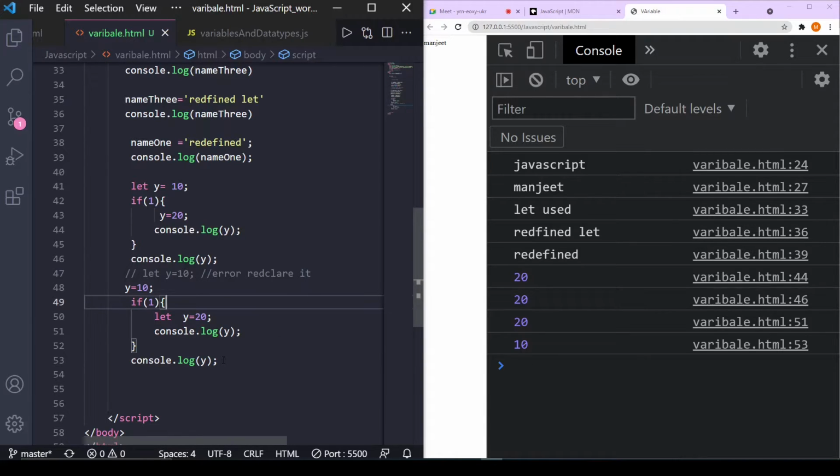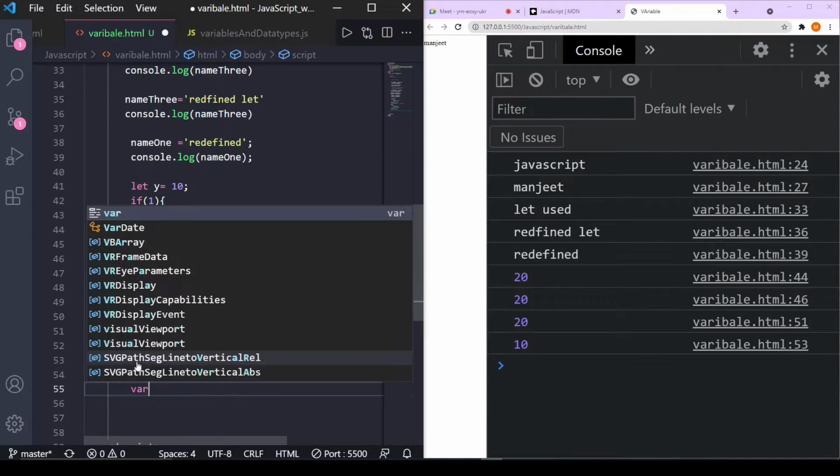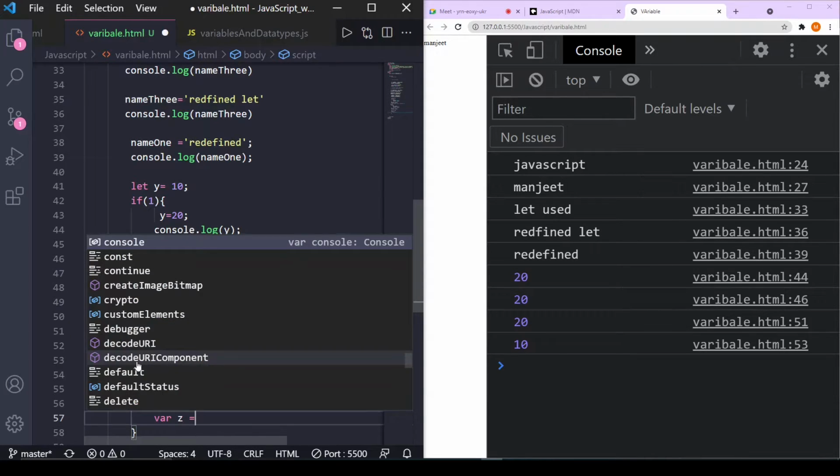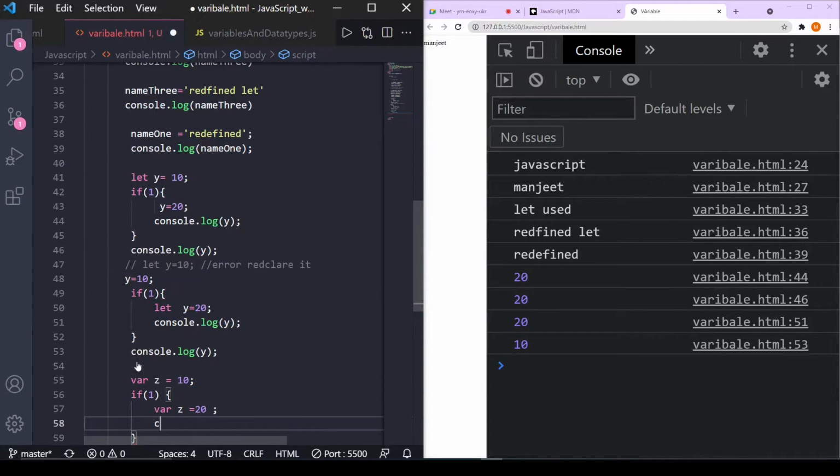Now instead of let, let's see what will happen if we use var. So var z equals 10. If we are evaluating the condition as true for the time being, I have redefined var z equals 20, console.log z.